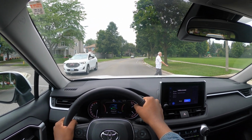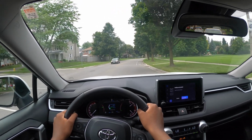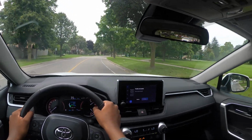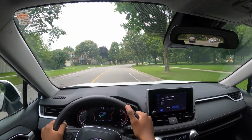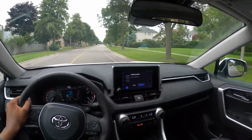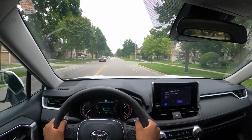So for the time being, as we have this Rav4 for a few more minutes, we are going to experience what it's like driving it in a city neighborhood. And since it's not hybrid or anything, we're gonna put it to the lowest possible settings of gas saving, which is eco mode,